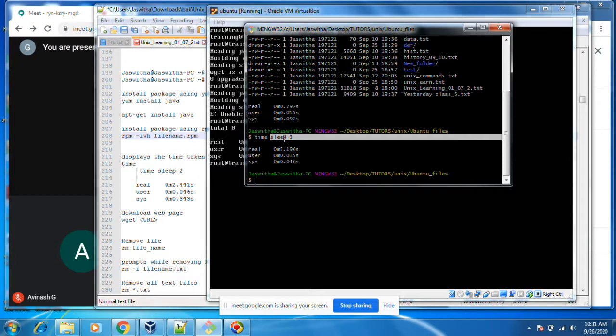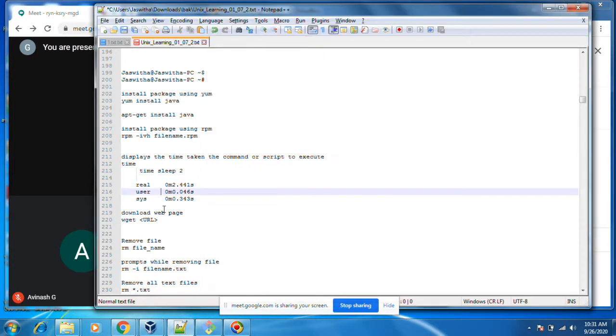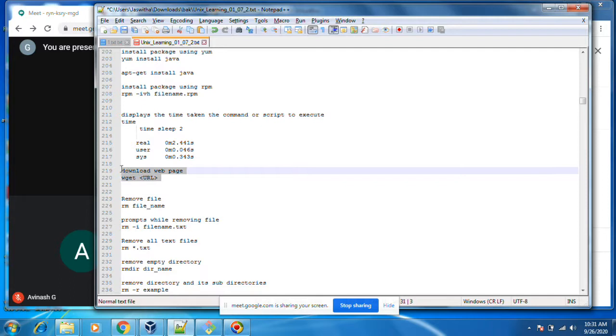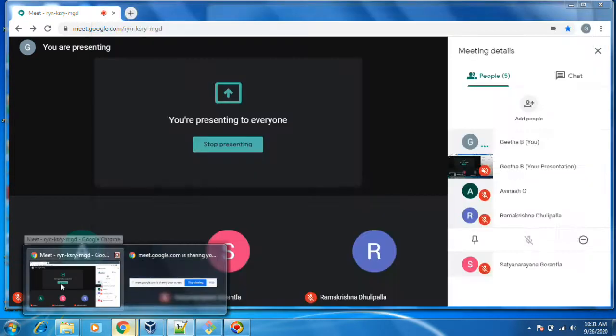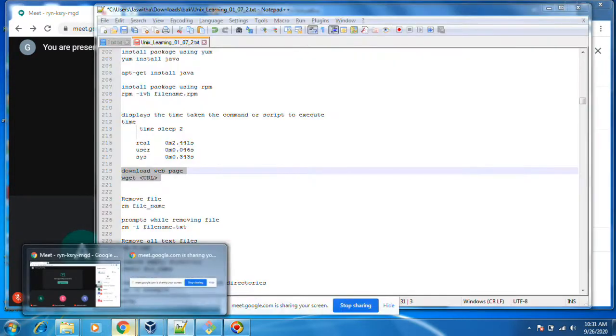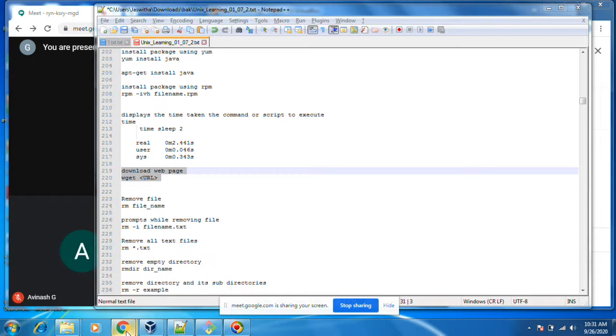Okay, wget is to download any software. Right now in Windows we'll go there and then somewhere.